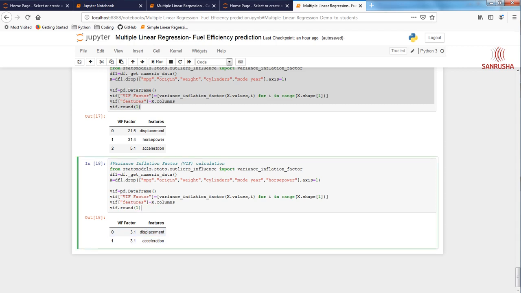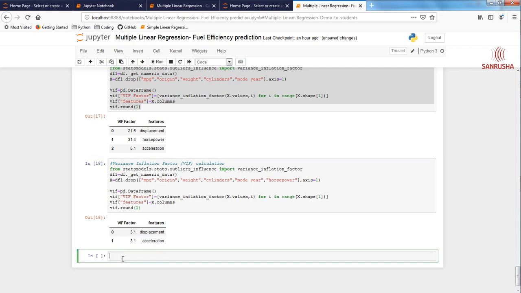Good job. Before we conclude data exploration and move on to data preprocessing, let us do one more thing. Let us draw a scatter plot of these two independent variables, displacement and acceleration, and let's see their behavior. Let's do that. And over here we're going to use the Seaborn function called pair plot. This is the first time you are using it, and I'm sure you're going to love it.